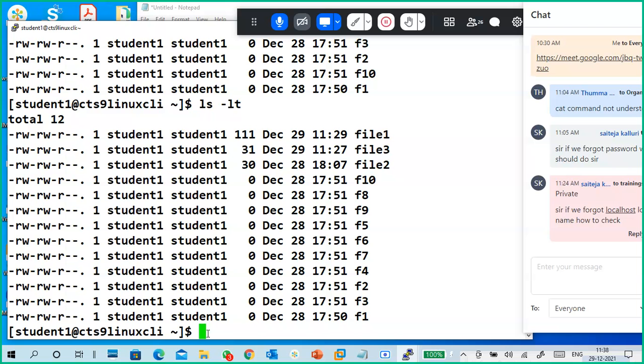Understand? Last modified file first. Then ltr is the reverse of that: which one is created newly and which one is created long ago. Now the oldest is first and the newest is last.